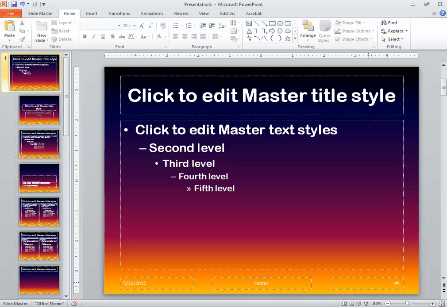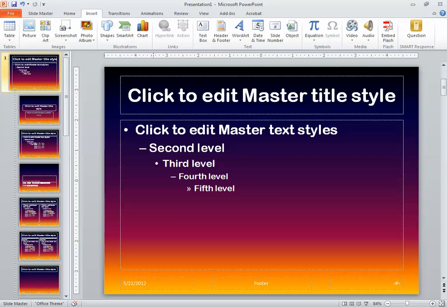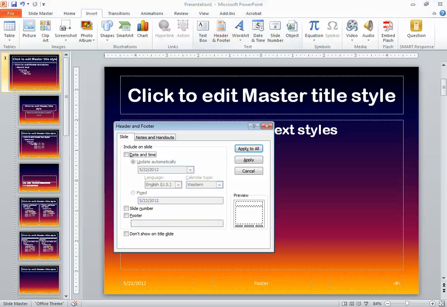All right, now what I want to do is adjust my footers down here so that my date and slide number will automatically appear. And to do that, you go to the Insert menu, and I'm going to go to Header and Footer. And I've got a footer here, so I'm going to go ahead and check mark the fact that I want the slide number to appear. And I want the footer to appear, and I'm going to go ahead and type in what the date is